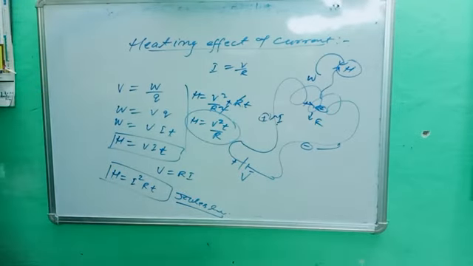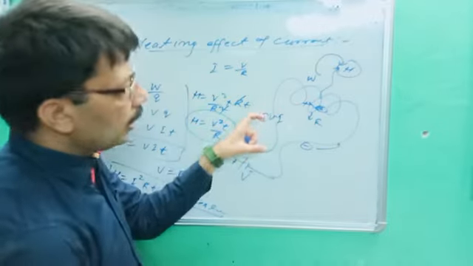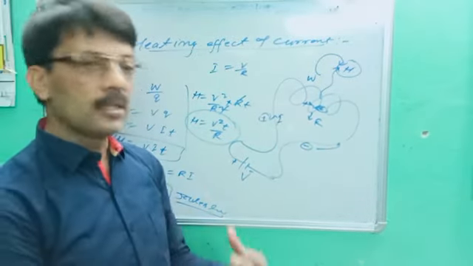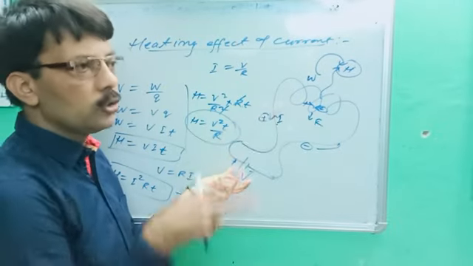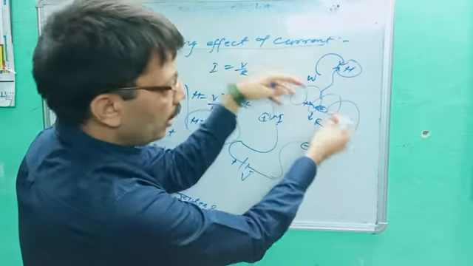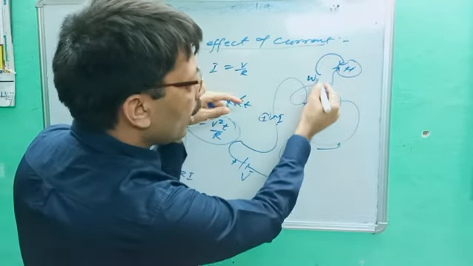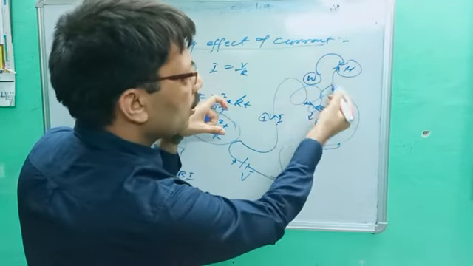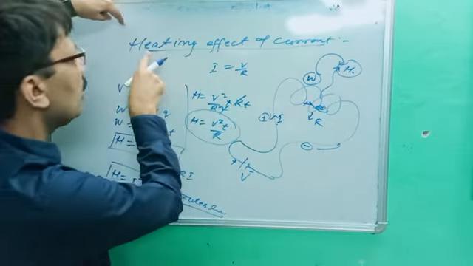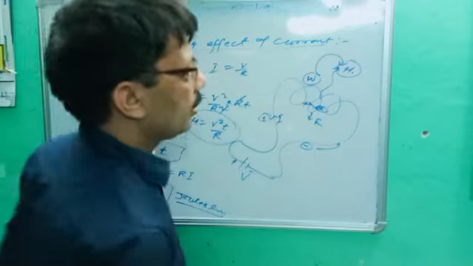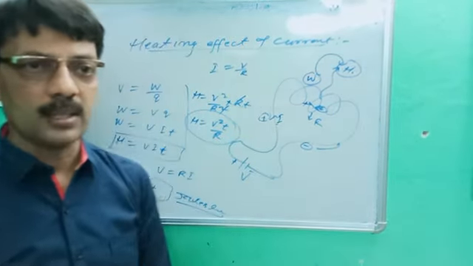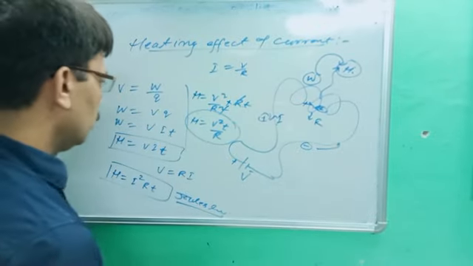Note down all points. Once again, when any electrical appliance like your heater or your electric press is applied with potential, you put in the plug, what happens? Plus and minus start running towards each other. Ultimately they collide, and when they collide, the work done of running is converted into heat. Since this heat is created due to current, that's why it is called the heating effect of current. And this is the method by which we can solve the mathematical points for this. Okay, so this is the first point.